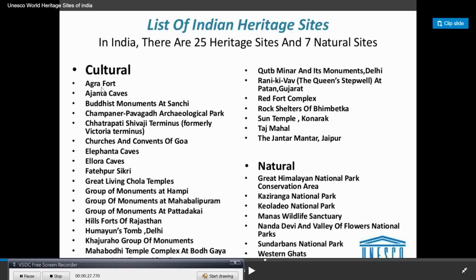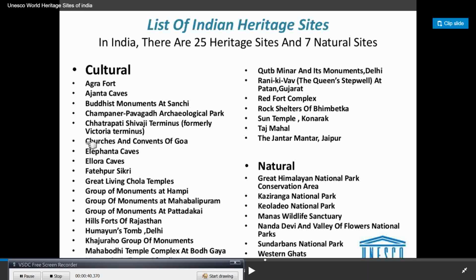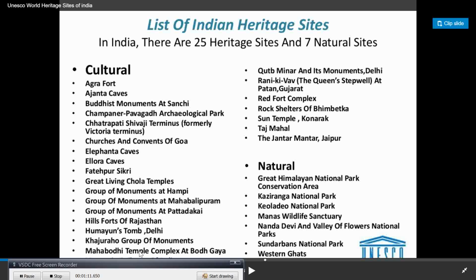These are the cultural sites: Agra Fort, Ajanta Caves, Buddhist monuments at Sanchi, Champaner-Pavagadh Archaeological Park, which is located in Gujarat, Chhatrapati Shivaji Terminus, formerly Victoria Terminus, which is located in Mumbai, churches and convents of Goa, Elephanta Caves, Ellora Caves, Fatehpur Sikri, the Great Living Chola Temples, group of monuments at Hampi, group of monuments at Mahabalipuram, and a group of monuments at Pattadakal, hill forts of Rajasthan, Humayun's Tomb, located in Delhi, Khajuraho group of monuments,